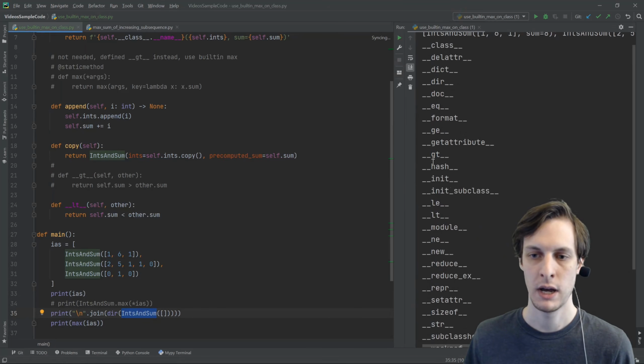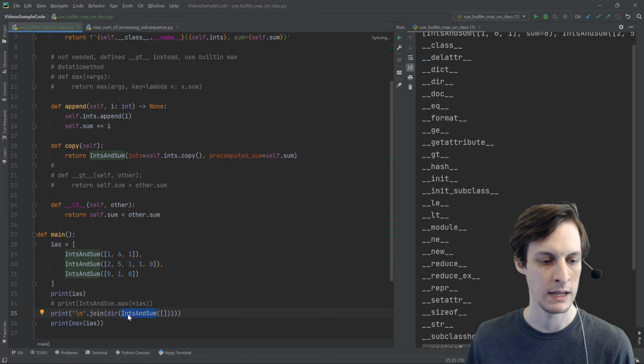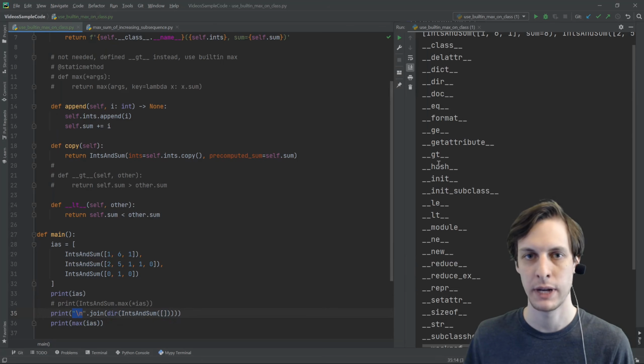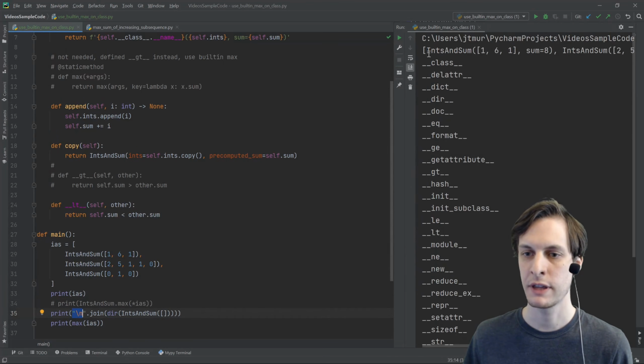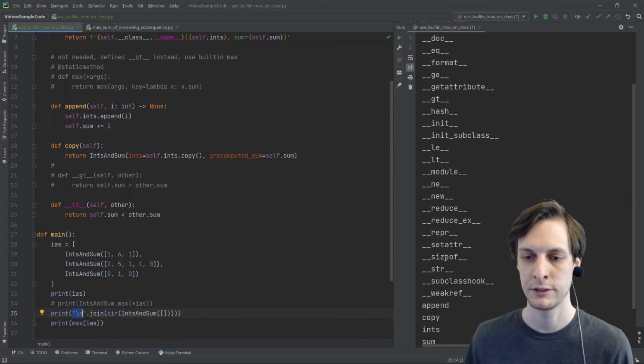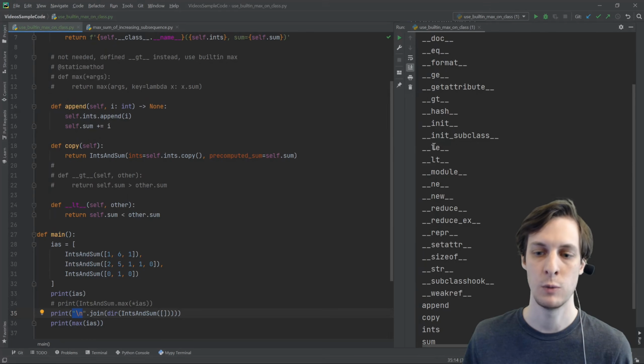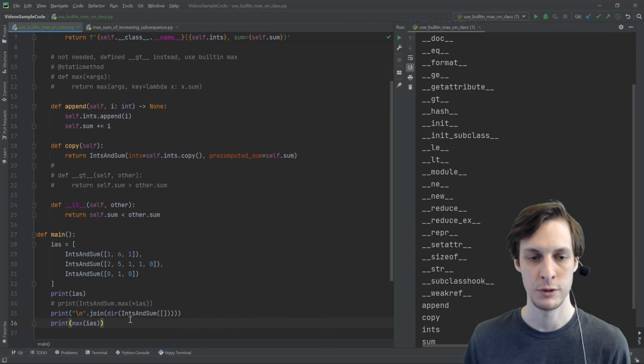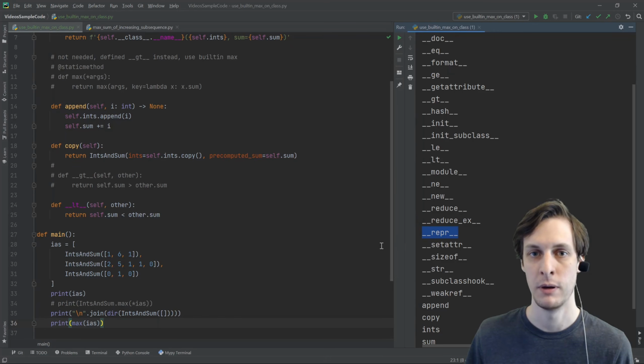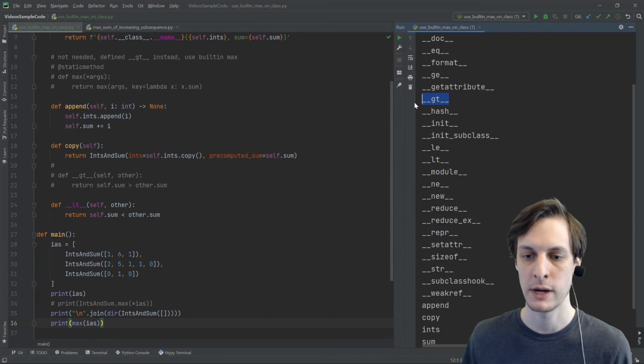So running the code, you can see that what dir has done is, well, dir gives me back a list of all of the attributes of the class, and then I've just joined them by new lines so they print out nicely. So you can see the first things that are printed out are a whole bunch of these dunder methods. Depending on what built-in functionality you want to work with your class, you just need to define the appropriate dunder method. So if I wanted str of my class to do something special, then I would just define the dunder str method. Or if I wanted to define a repr, I could do that to make it work with the built-in repr. And of course, we saw greater than and less than.